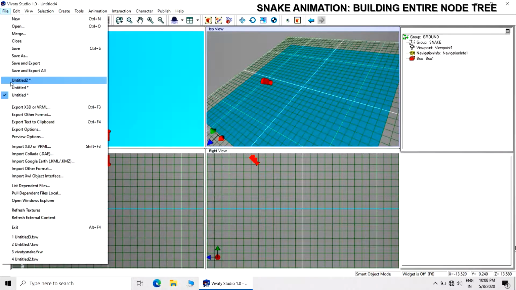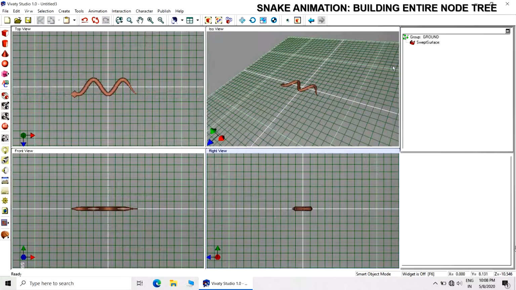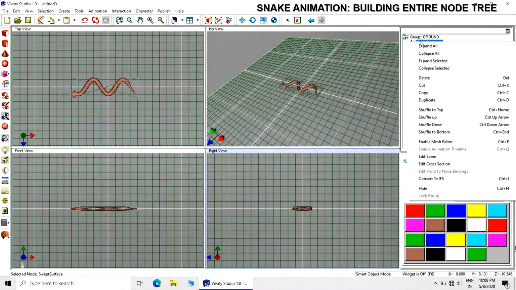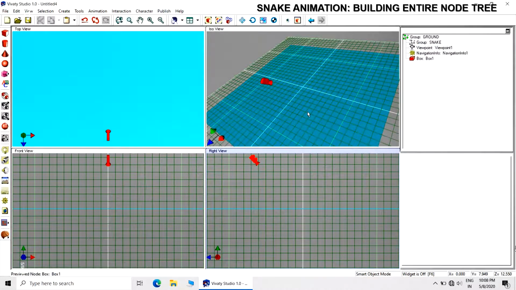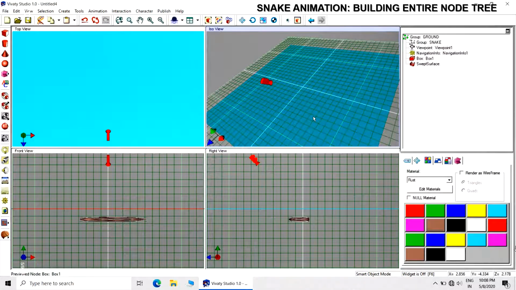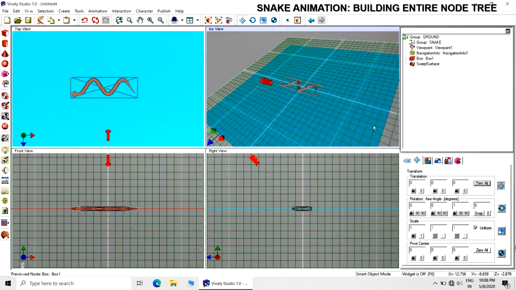Okay, so now I want to place the swept surface, which represents the snake body.